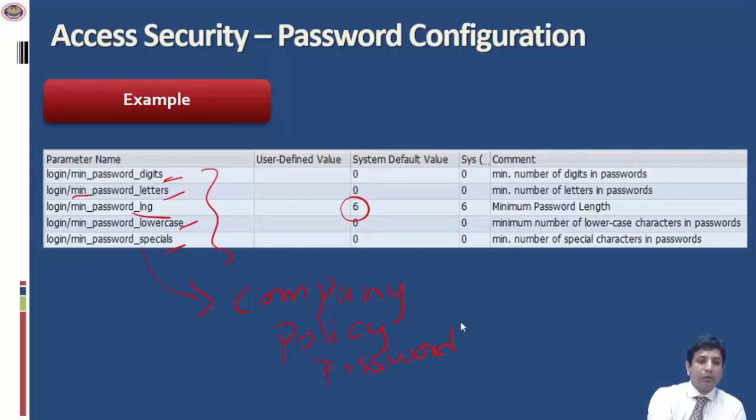In this example, we see that only one parameter has been enabled, that is the password length, whereas all the other parameters are not enabled, which means that the password is not a complex password and easy passwords can be used by the users of the ERP. That would actually create a scenario where passwords can be guessed easily because they are very small in length. Ideally, the password length should be at least 8 characters, which is the best practice. And it should have a combination of either digits or lowercase or one special character.